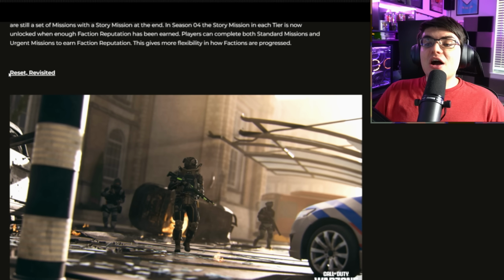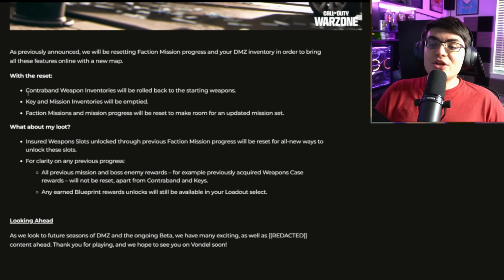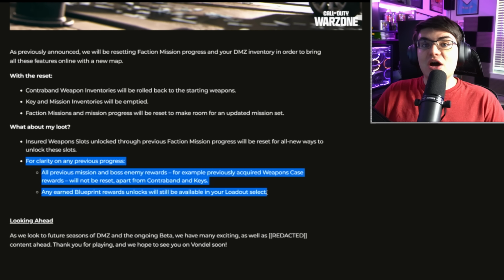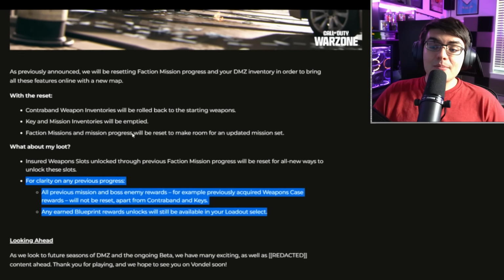Then they once again talk about the DMZ reset. However, they still didn't answer the questions we have. So we know the contraband weapon inventories are getting reset. Your keys and mission inventories are getting reset. Your faction mission progress is getting reset. And all of your insured weapon slots are getting reset. Any of the permanent items you've got, like blueprints and operator skins, those are staying,